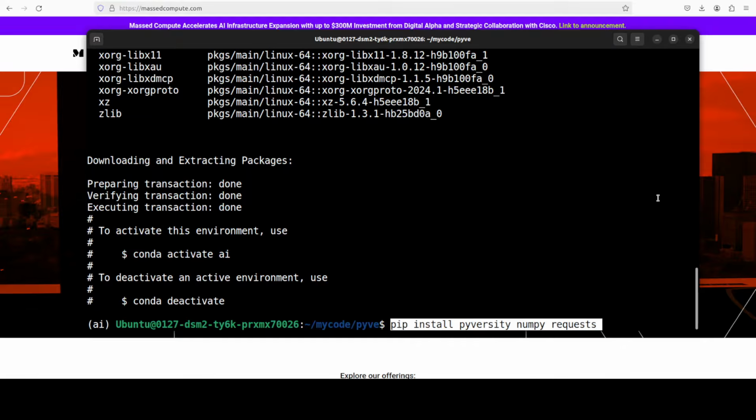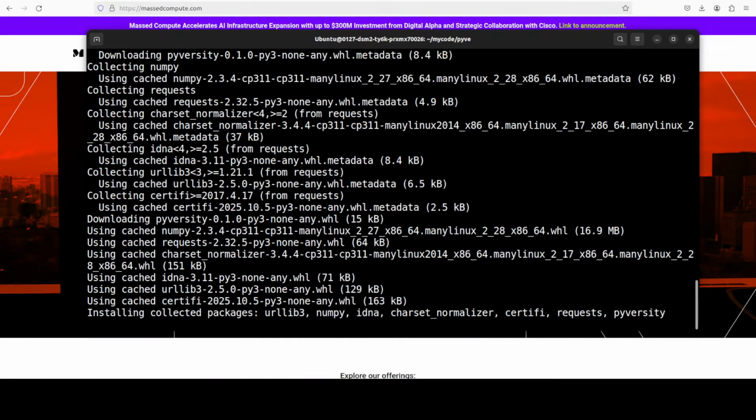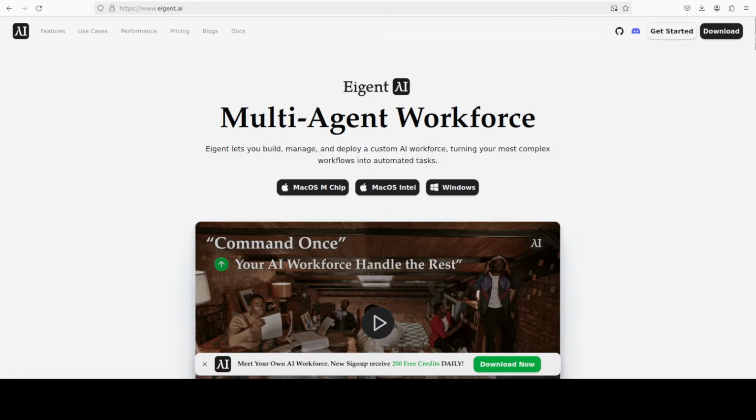Let me now install Pyversity with NumPy, and while it installs, let me also introduce you to the sponsors of